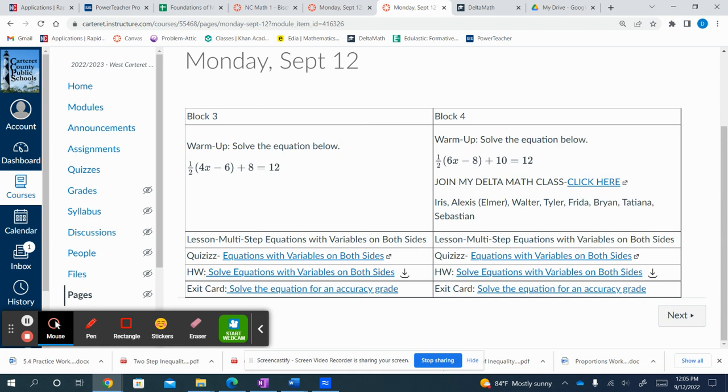At least 2 times a week, I'm going to give you an exit card. It doesn't open until, I don't even remember what time I set it to. I'll look. But you're going to do it in class, before you leave. I want you to do that because I want to see what your brain is thinking on